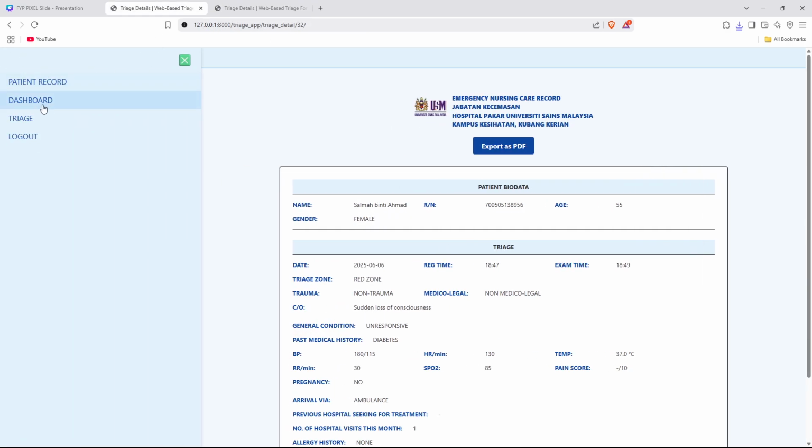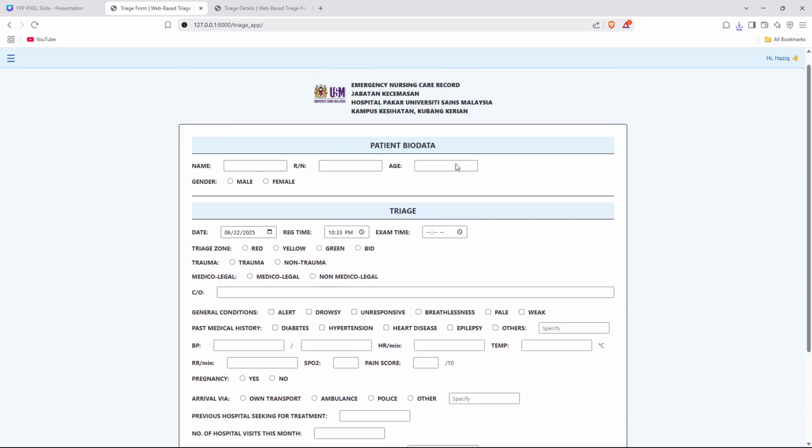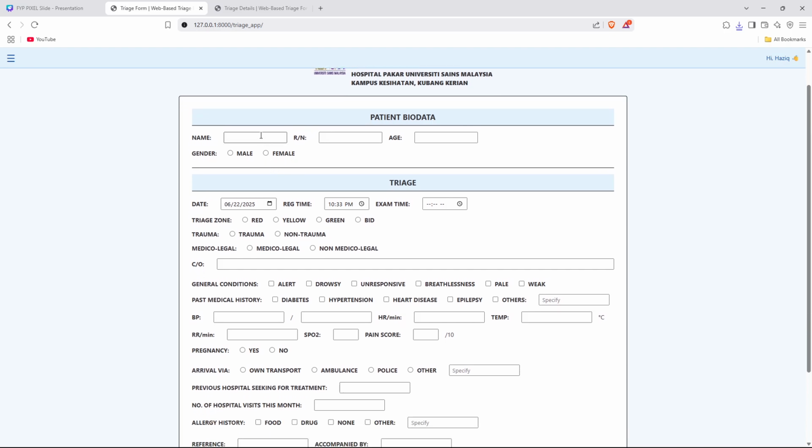Next, let's move on to the main function, which is the triage. Here, this is the triage page. This is where the triage process is being done. Now let's try entering the patient information. For example,